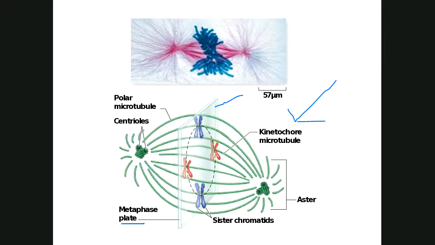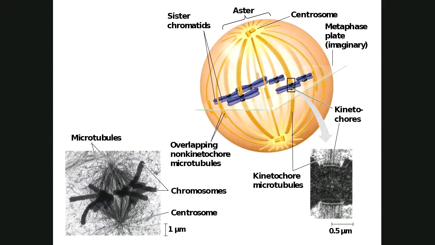And like I said, when you look through the microscope, you get, I think, a little better feel for what I mean by this, because they're not going to be all lined up perfectly. So let's zoom in a little bit on these lined up chromosomes. So again, in the upper right, there's the picture, and you can see once again, we have the metaphase plate, the sister chromatids, there are kinetochore microtubules, and then there are non-kinetochore microtubules, there are centrosomes and asters, so this